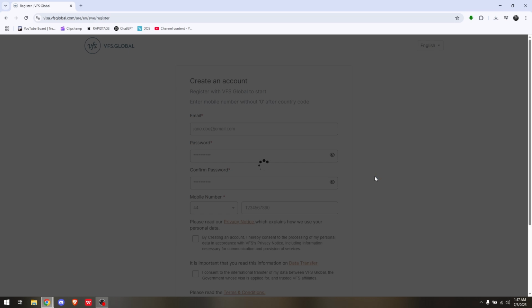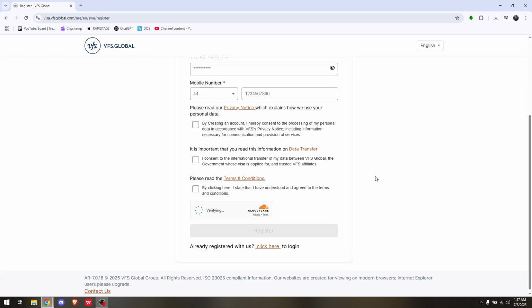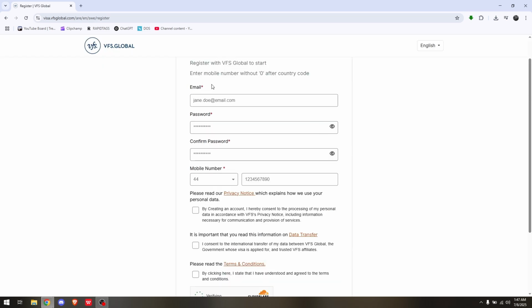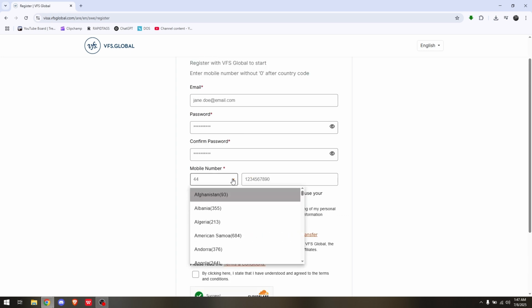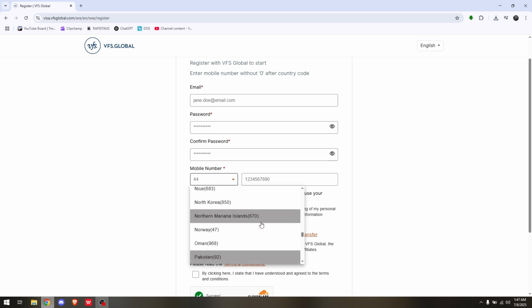Now all I have to do from here is just input general details such as your working email address, your strong password that you would like to set up, and your mobile number. Now enter all these details here, and then for your mobile number, you just have to choose the specific area code that the number is going to be starting with. Say for example, you're going to be using a Philippine number, just simply choose Philippines, and it usually starts